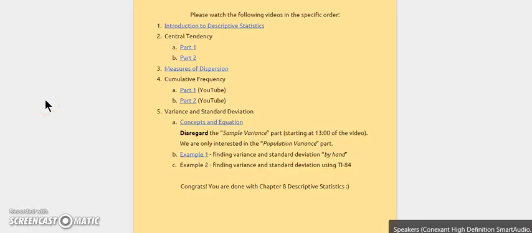Hi, in this video I'm going to show you guys a few examples of finding population variance and population standard deviation using your TI84. Okay, but before we start,